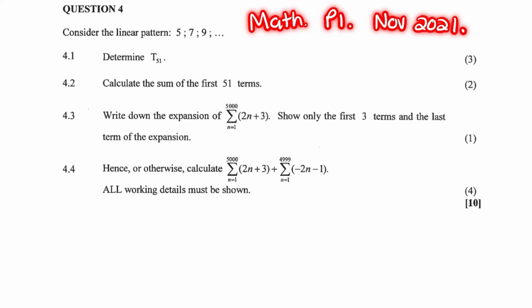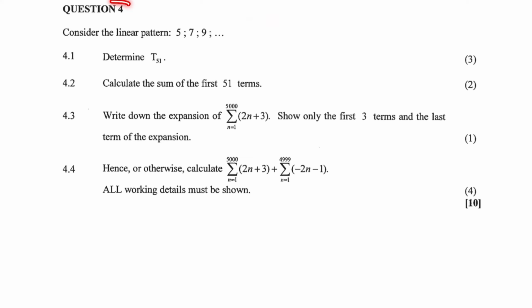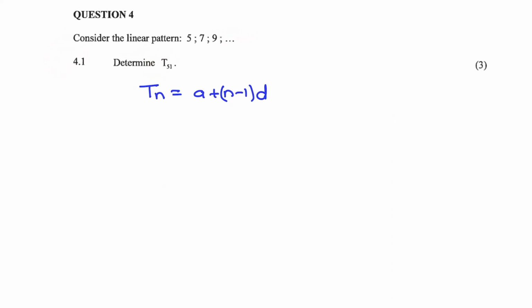We are going on with Mathematics Paper 1 of November 2021. Question 4. Consider the linear pattern of 5, 7, 9, and so forth. 4.1. Determine T51. So what we want to do is find the value of the 51st term in this number